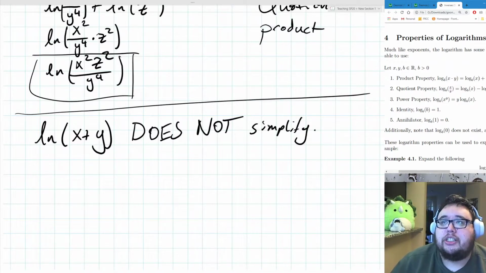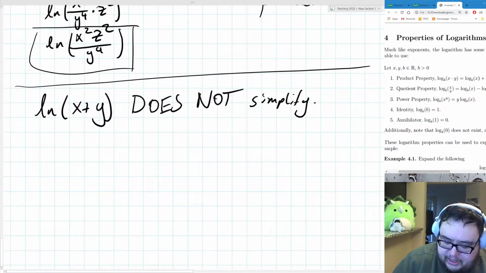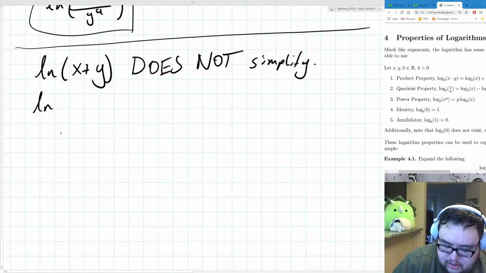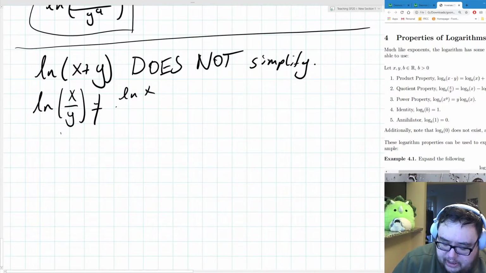Addition on the inside doesn't turn into anything. Addition on the inside certainly doesn't turn into multiplication on the outside, right? And ln of x